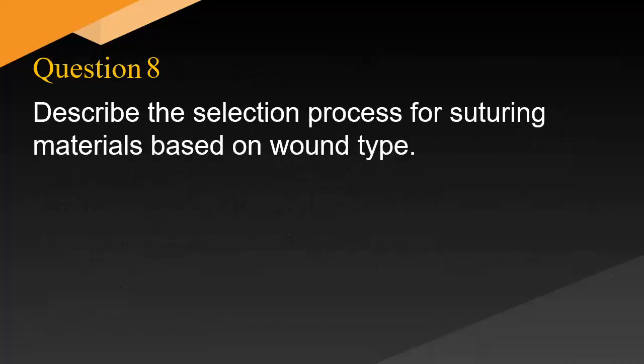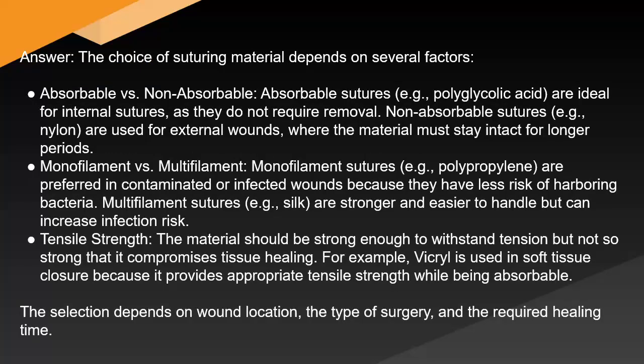Describe the selection process for suturing materials based on wound type. Answer. The choice of suturing material depends on several factors. Absorbable versus non-absorbable. Absorbable sutures, e.g., polyglycolic acid, are ideal for internal sutures as they do not require removal. Non-absorbable sutures, e.g., nylon, are used for external wounds where the material must stay intact for longer periods. Monofilament versus multifilament. Monofilament sutures, e.g., polypropylene, are preferred in contaminated or infected wounds because they have less risk of